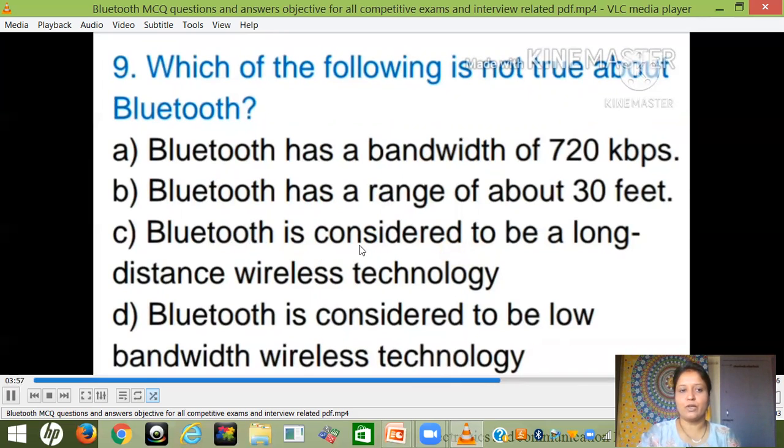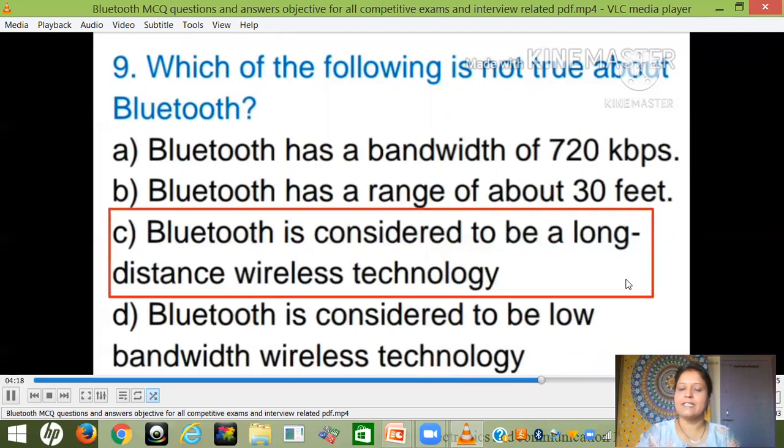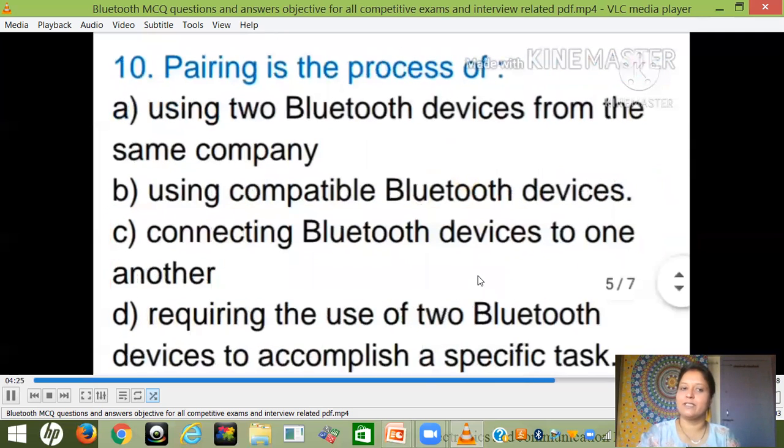दूसरा ऑप्शन है: ब्लूटूथ हैज ए रेंज ऑफ 30 फीट। ब्लूटूथ की मैक्सिमम रेंज 30 फीट होती है। मैंने अभी आपको बताया था इसकी ज़्यादातर रेंज 10 मीटर होती है, जिसे हम 30 फीट भी बोल सकते हैं। ऑप्शन सी दिया है: ब्लूटूथ इज कंसिडर्ड टू बी अ लॉन्ग डिस्टेंस वायरलेस टेक्नोलॉजी। ये बात बिल्कुल गलत है। क्यों? क्योंकि लॉन्ग डिस्टेंस के लिए ब्लूटूथ टेक्नोलॉजी का इस्तेमाल नहीं किया जाता है। यह short distance wireless technology है। इसलिए इस प्रश्न में ऑप्शन सी आपका बिल्कुल सही है।